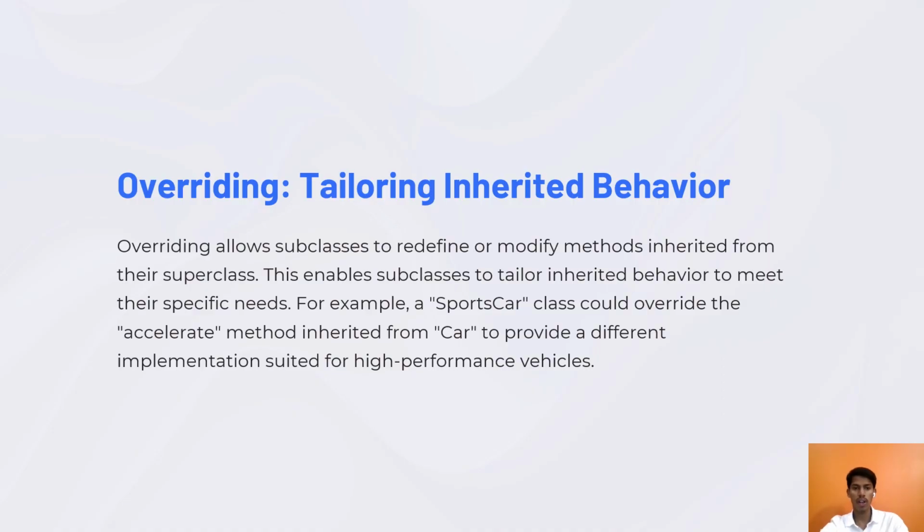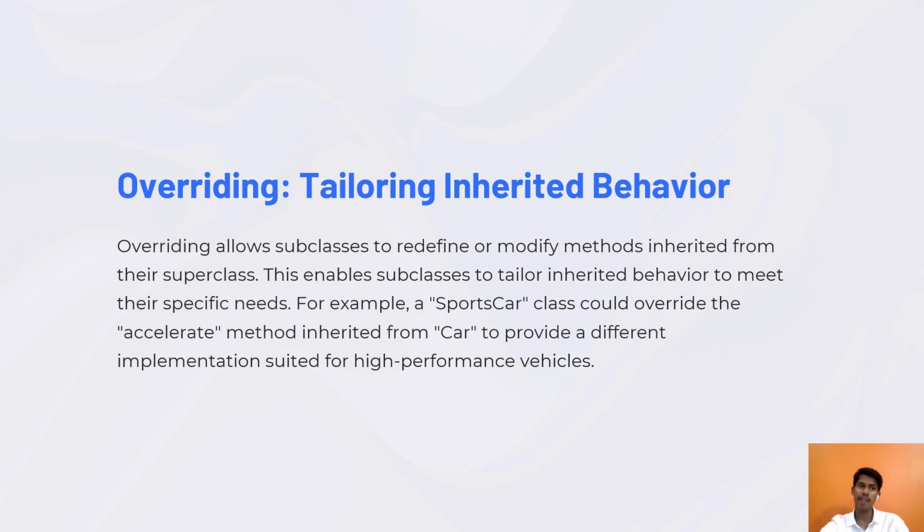And the next is overriding, tailoring inherited behavior. Overriding allows subclasses to redefine or modify methods inherited from their superclass. This enables subclasses to tailor inherited behavior to meet their specific needs. For example, a sports car class could override the accelerate method inherited from car to provide a different implementation suited